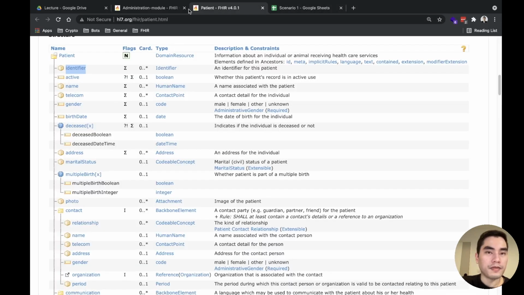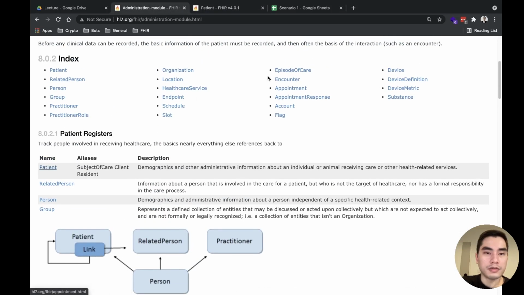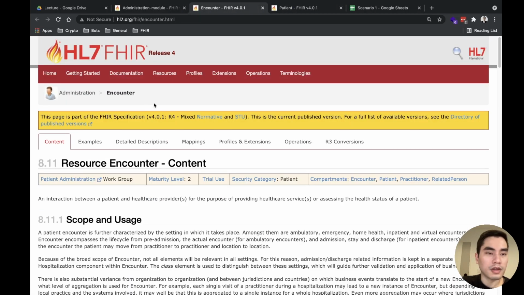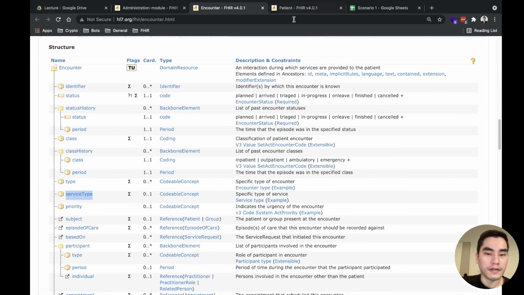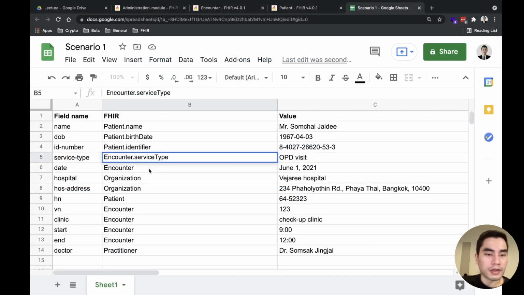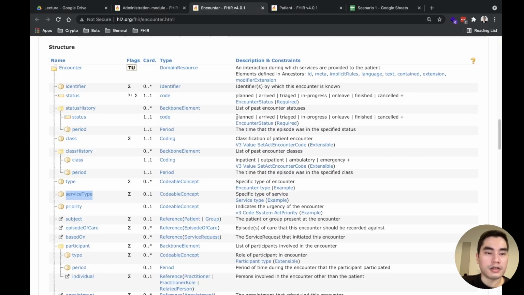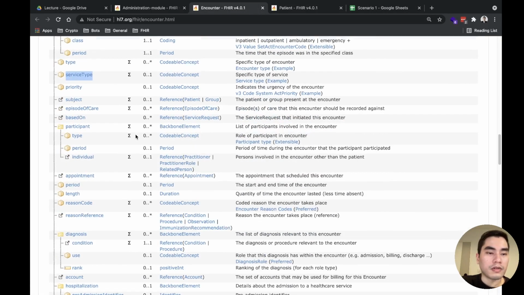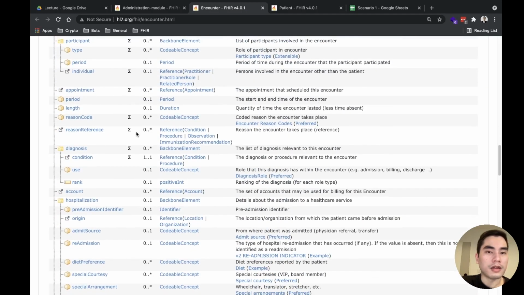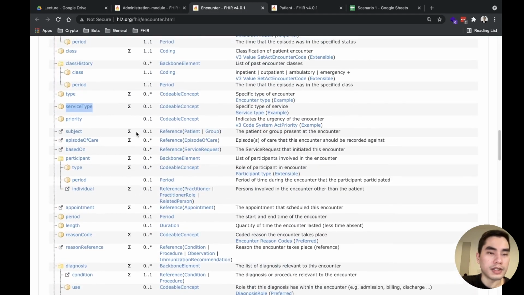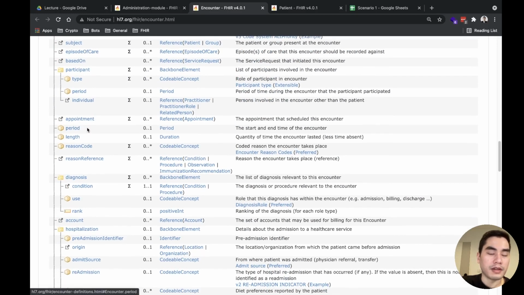Service type, we have encounter, and encounter service type here. Encounter date: we came here and see the only thing that's closest to visit date is period.